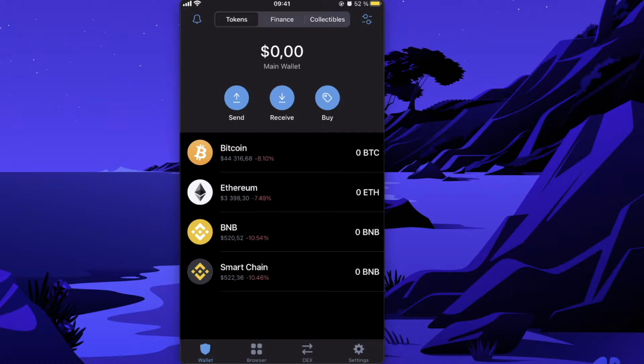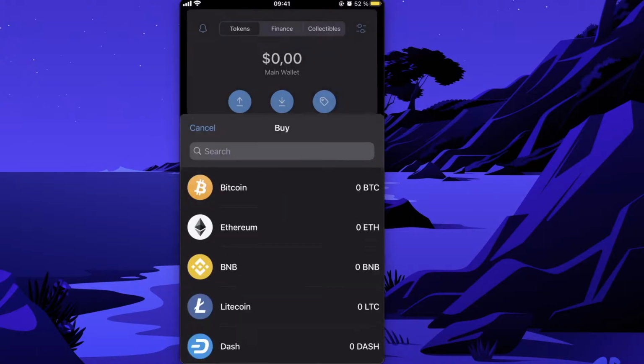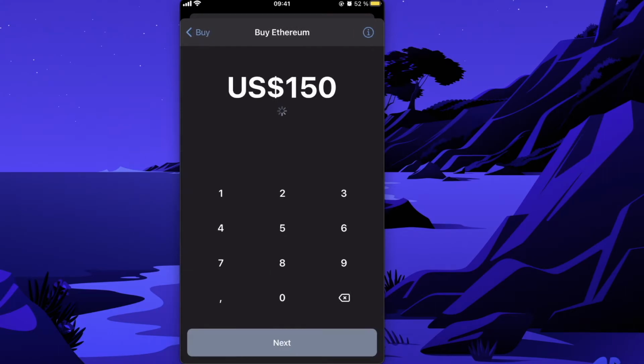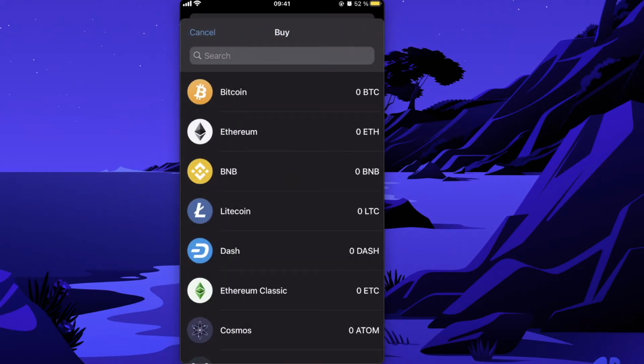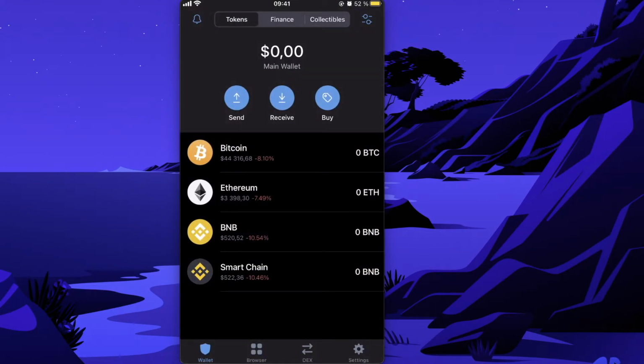After that, in order to buy this token, you will need to have Ethereum coins here. So to have Ethereum coins, you will need to click on buy here. You click on Ethereum and you enter the amount you want to buy, and you buy it with your credit card, for example. Or you can buy it with lower fees on Binance.com,